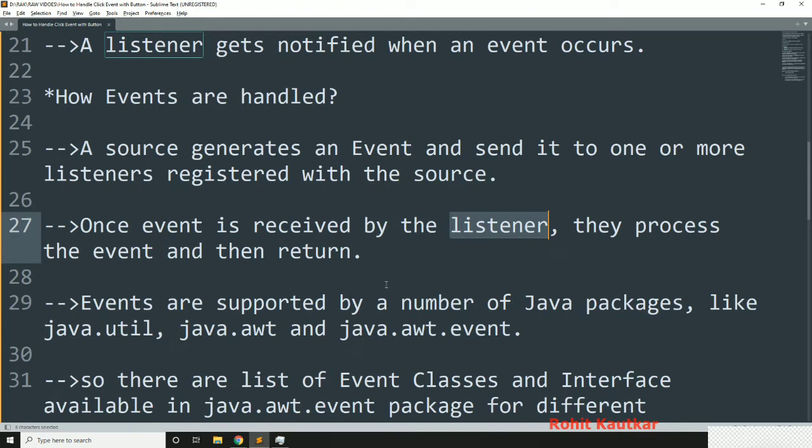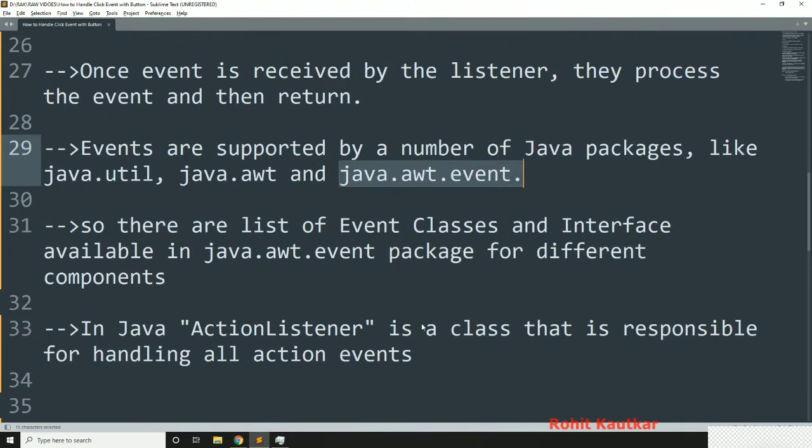Okay, and events are supported by different packages within Java programming language, like we have java.util, java.awt, java.awt.event. All these packages have event related classes available.